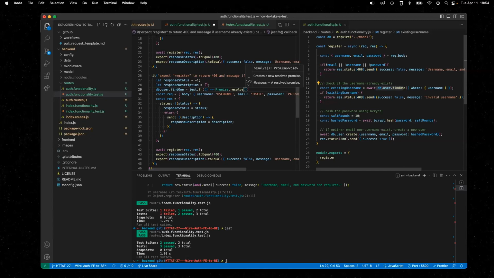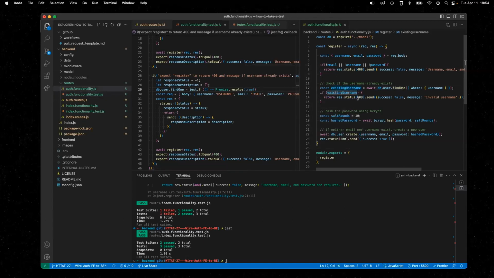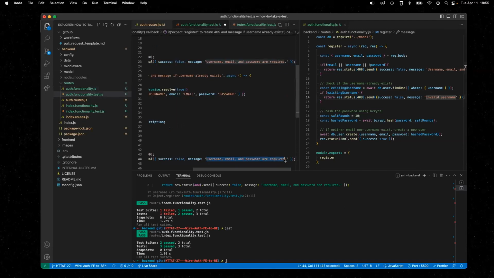What are we resolving? True. So then your existing username would be true, and it would kick it through to that. It seems weird that it would return true. I don't know, something there feels weird. But we'll say true to let it in there. Right? And it's no longer a 400, it's a 409. And this should now be 409. Invalid username, and this is just username, yep. So our message then becomes